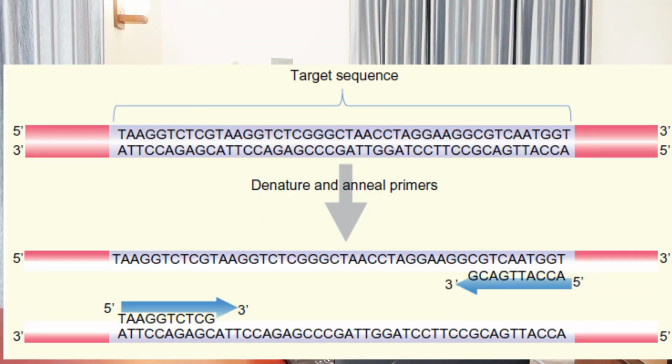Second are the 2 primers, which are needed for DNA synthesis. These are short pieces of single-stranded DNA that are complementary to the sequence at either end of the target DNA segment. Typically, PCR amplifies only a chosen region or target sequence within a complex DNA sample that is defined by the PCR primers. So, PCR primers are the key to amplifying only a defined target sequence from a complex sample.